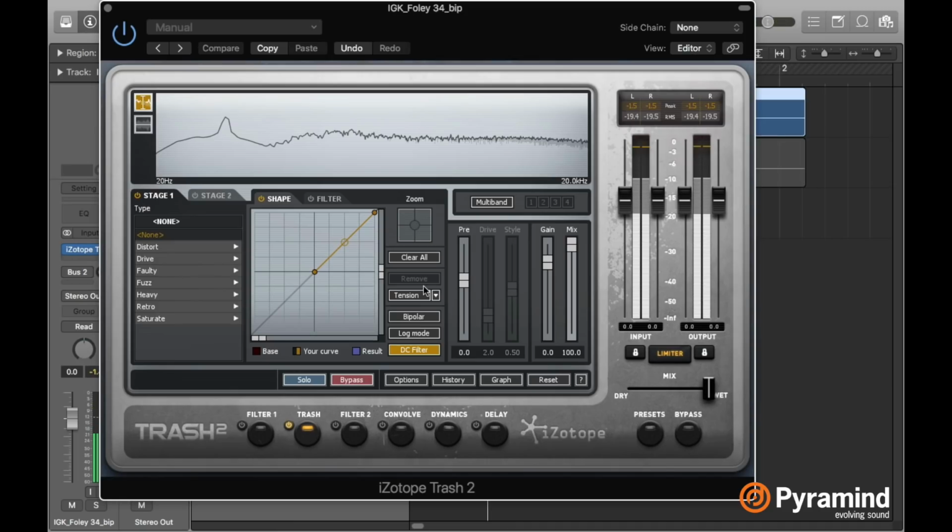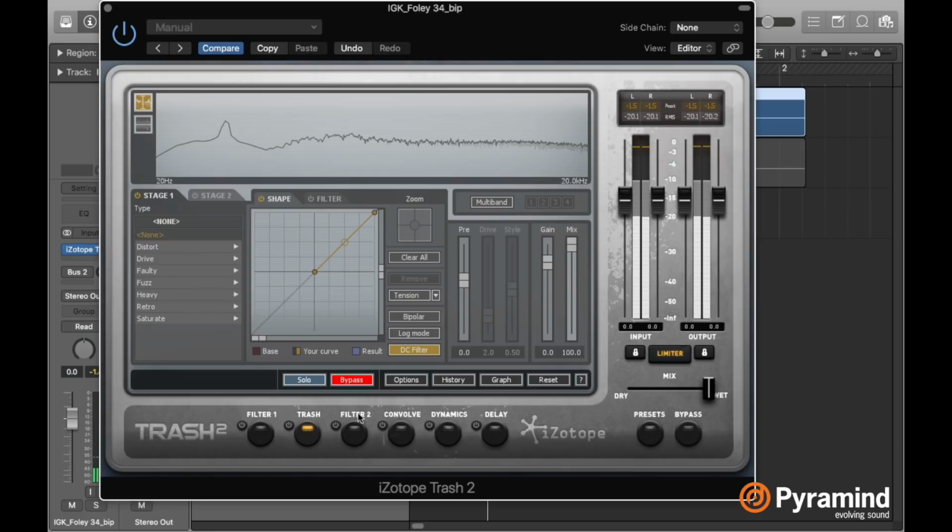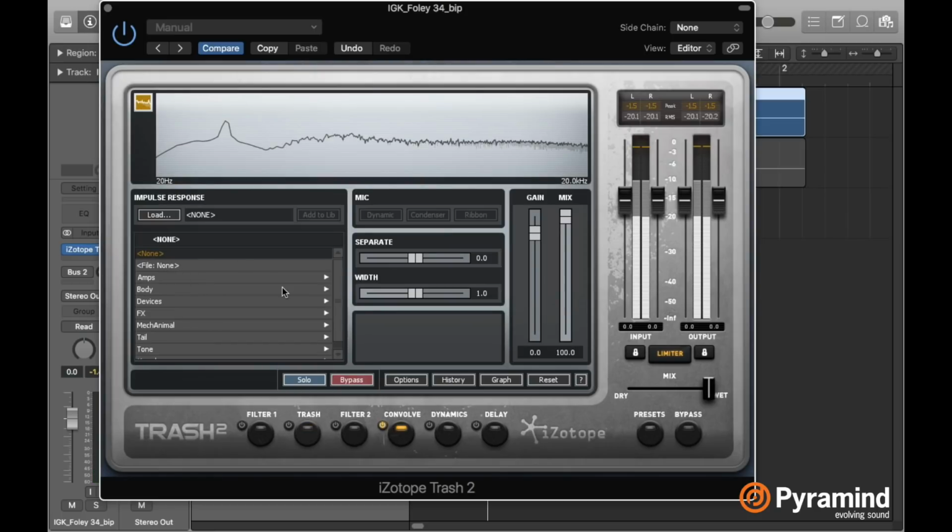Load that up. Cool. So now what I'm going to do is I'm going to turn off the trash function and go to the convolution reverb module. And the convolution reverb module here in Trash 2 has so many different presets that just sound really awesome. But for now, I'm just going to mess with